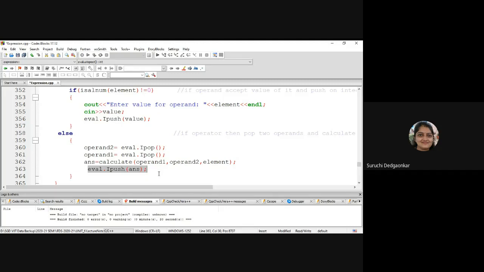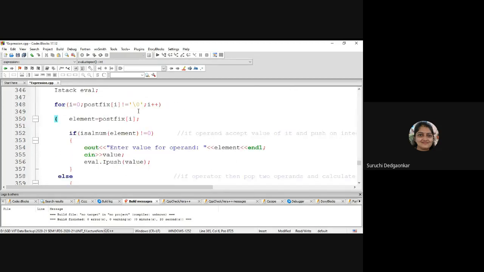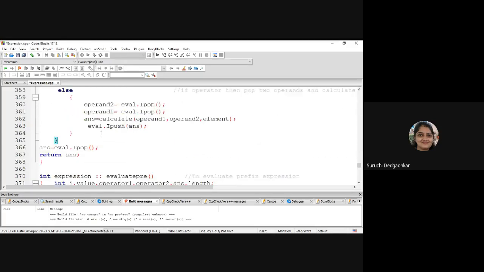Okay, so like this until we reach the slash 0, for every character. If it is an operand, it will be pushed into the stack. If it is an operator, pop will be done twice and the operation will be performed. It will be pushed into the stack. And after this loop is over, that means we reached the slash 0. Then we have to pop once, pop the final answer from the stack. Okay, and return that final answer.